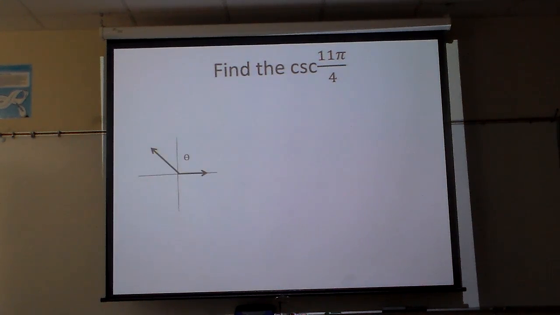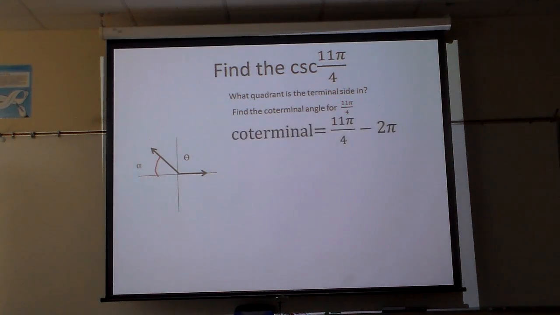Well, first off, it's way bigger than 2 pi. I just happen to know the answer to this, so I went and drew the picture so we can get a visual. There's my alpha drawn back to x. It's going to be in quadrant 2, but how do I know it's in quadrant 2? Because for this angle, 11 pi over 4, first thing I do is minus 2 pi,